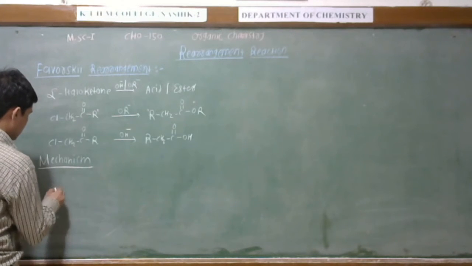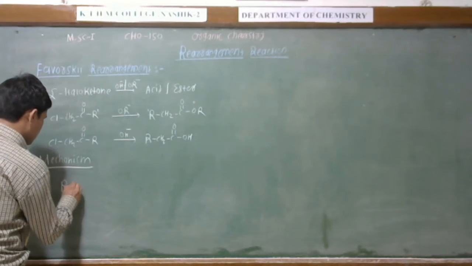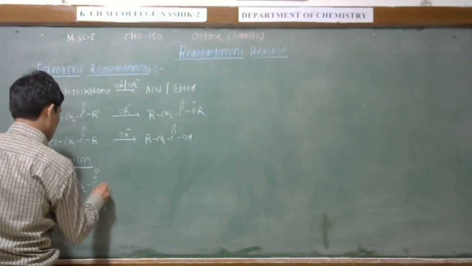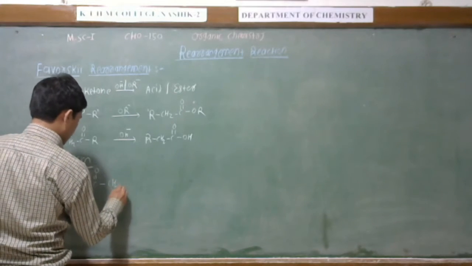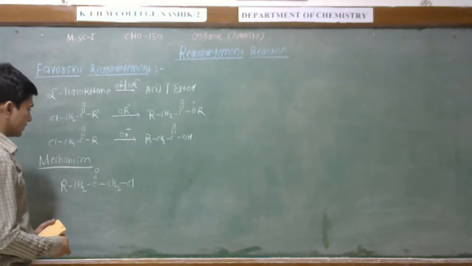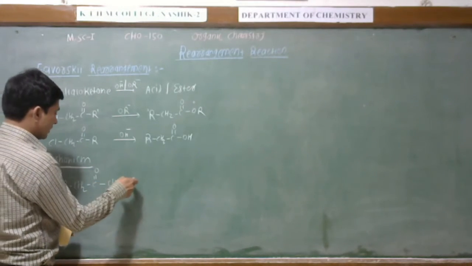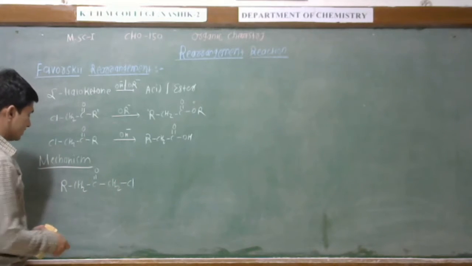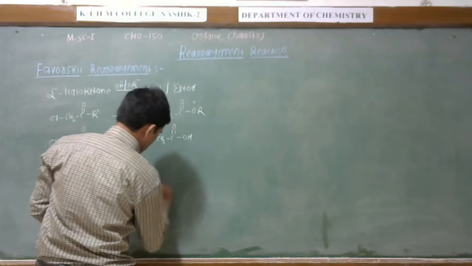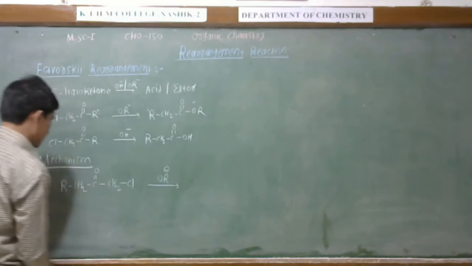See, we can take here the example. This is RCH2, this is C double bond O, and this is CH2Cl. See, this is the alpha haloketone. So this is the ketone, carbonyl group of ketone. This is the alpha carbon atom, and it has the chlorine. So this is alpha chlorine here, and when we use here the OR minus, that is the alkoxide ion.